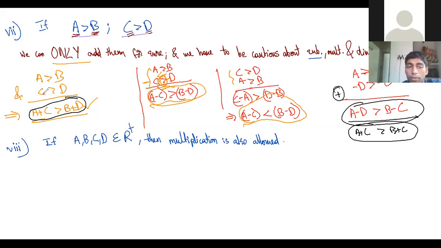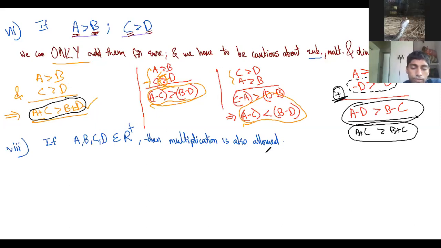Why? Because in subtraction, you are going to involve multiplying with -1 at a particular step. And when you multiply -1, the inequality is going to reverse like this. Yes, after the inequality reverses, we can add it again because addition is always allowed.